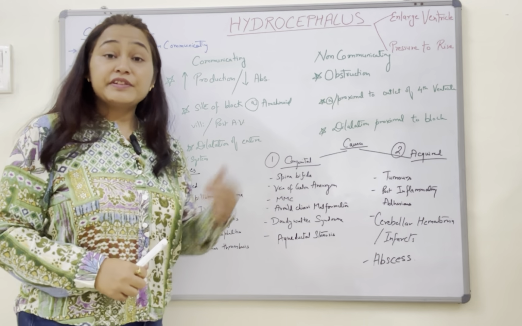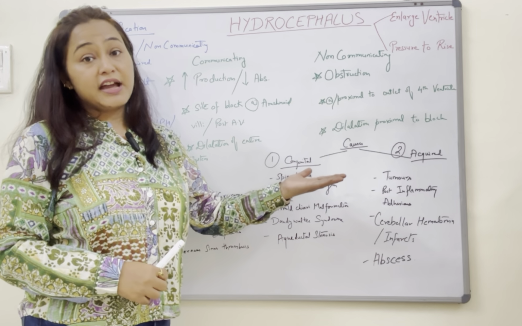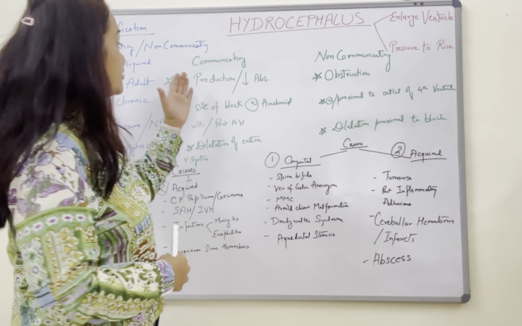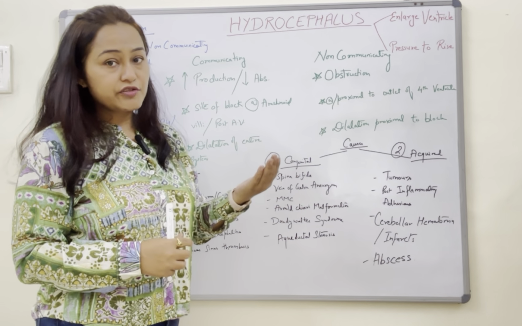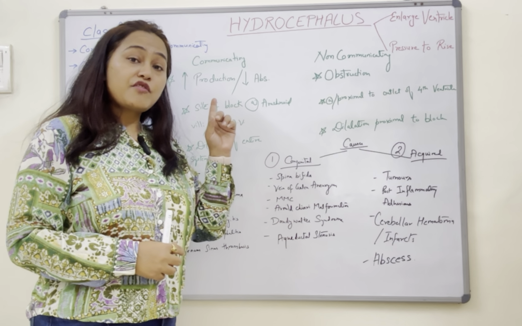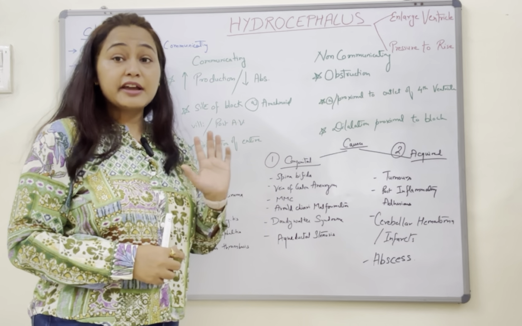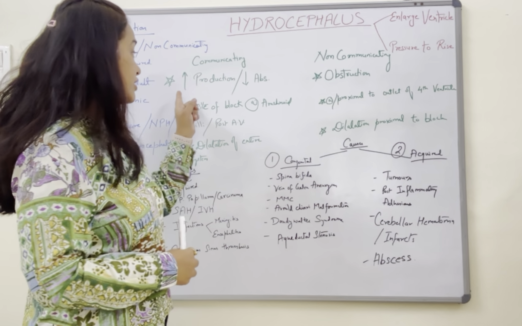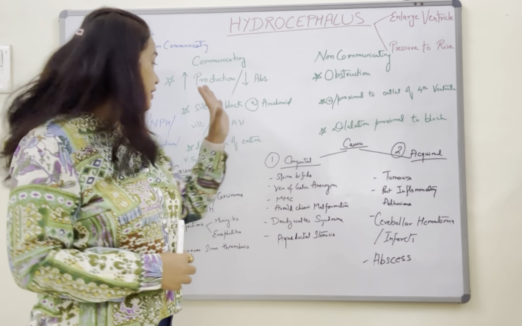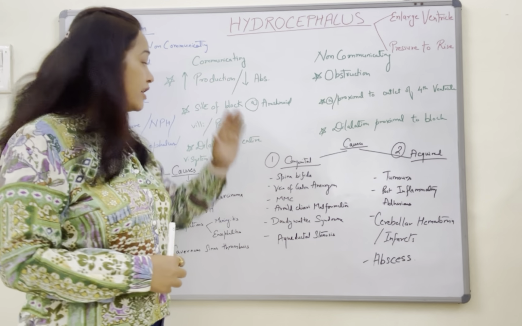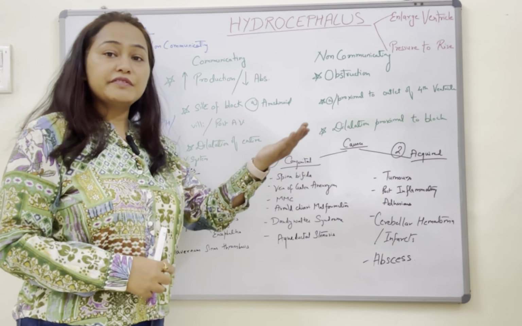So what is the difference between communicating and non-communicating hydrocephalus? In communicating hydrocephalus, either the production of CSF is increased or the absorption, which occurs at the level of arachnoid villi, is reduced. I already have taken the class on it. So production is high or absorption is reduced, right? The site of block is at the level of arachnoid villi or beyond,